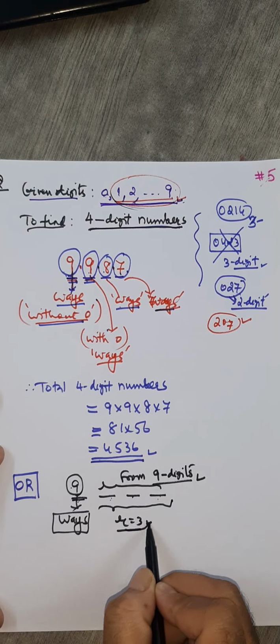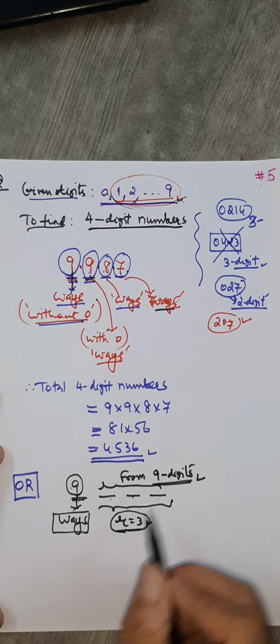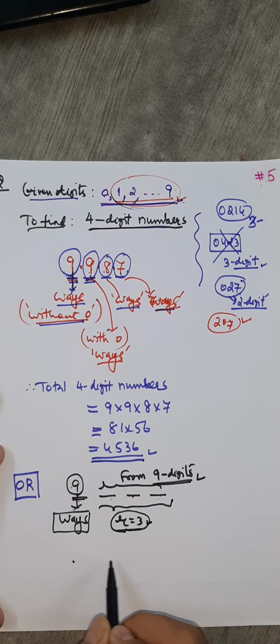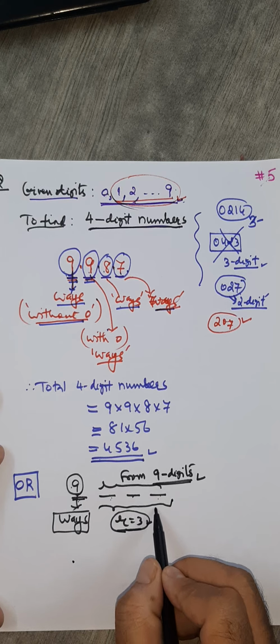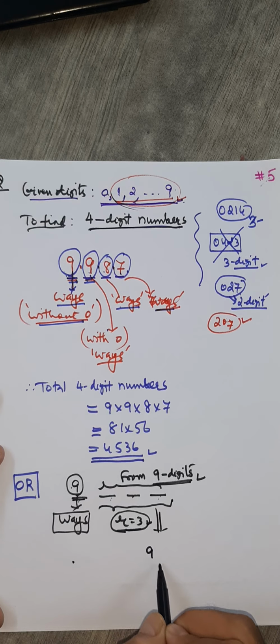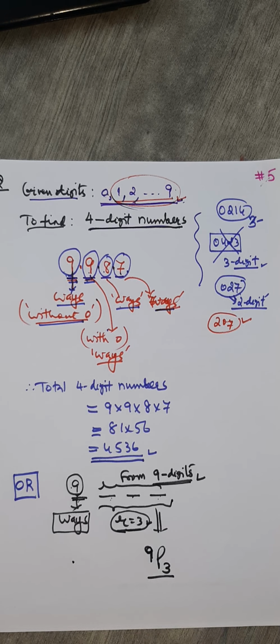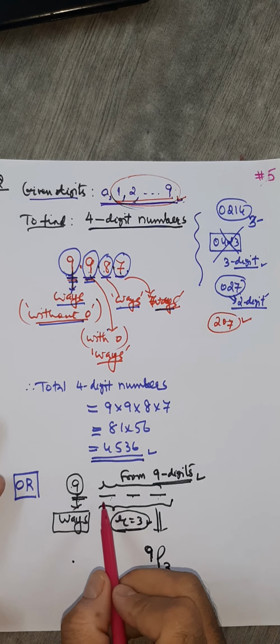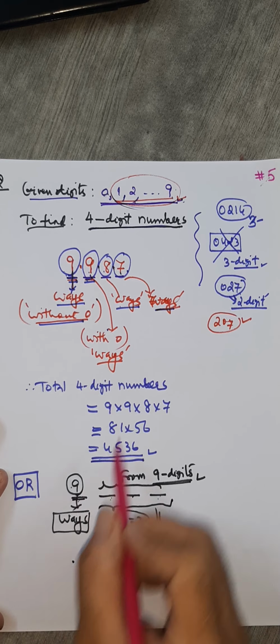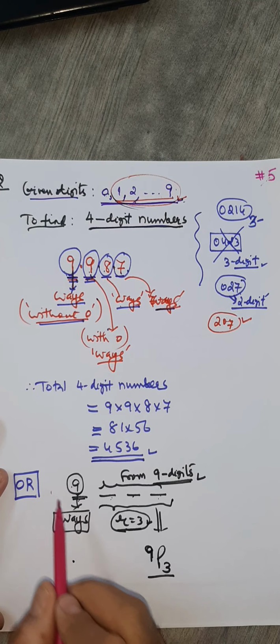आपको 3 पोजीशंस फिलअप करना है from the 9 digits. So here this one can be done in how many ways? 9p3 ways. यहाँ पे क्यों 0 का कोई constraint नहीं है, remember. 0 का कोई constraints नहीं है यहाँ पे. I repeat, क्यों 9 digits? क्योंकि total 10 है. एक चला गया